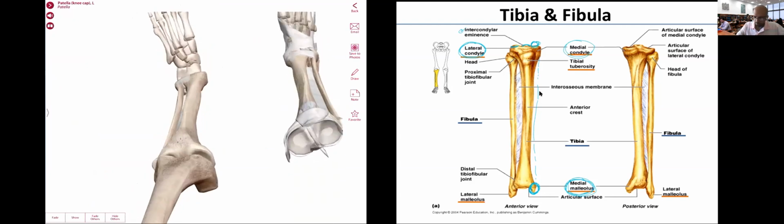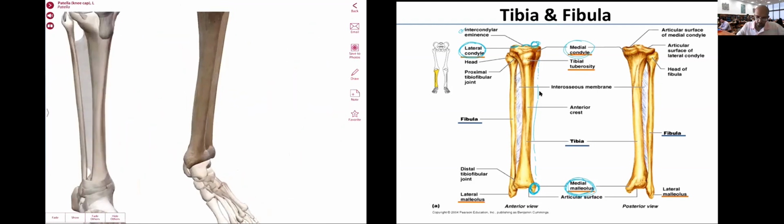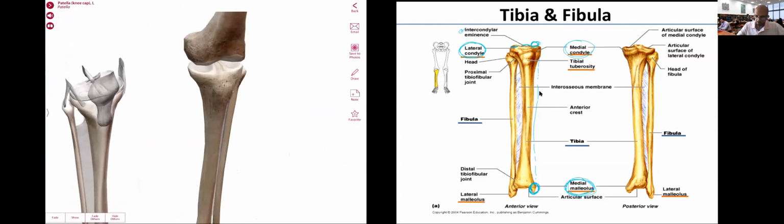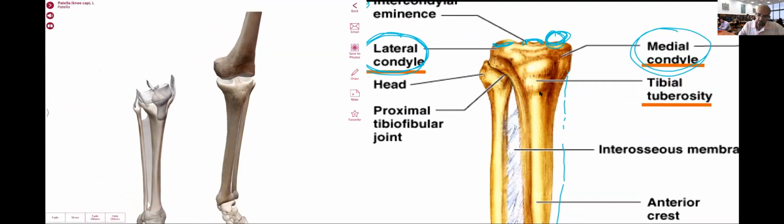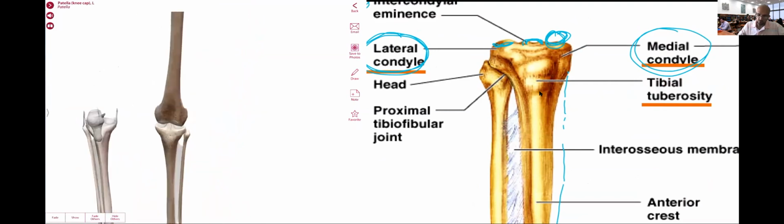All right. One other important marking that we can see on here is this elevated bony eminence in the anterior aspect of my proximal epiphysis of the tibia. This is going to be my tibial tuberosity. Tibial tuberosity serves as a point of attachment of the patellar ligament. So if we're drawing on here,